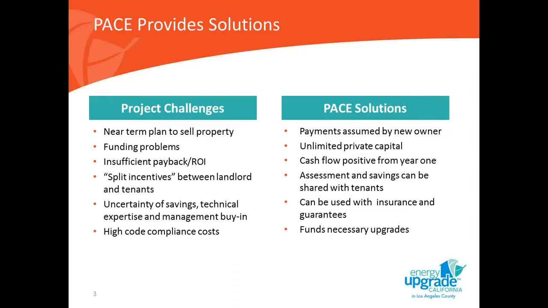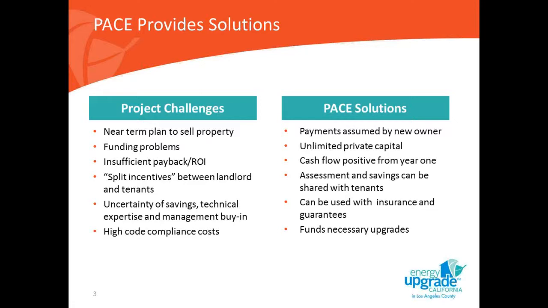With PACE, because the repayment obligation is a tax, generally speaking, in most leases, that tax obligation flows to the same party who would see the energy savings. So in a triple net lease scenario, as with many industrial or retail properties, the tenant is paying the electricity bills, the tenant also pays the tax bill. Therefore, the owner has the ability to fund improvements to the building, the tenant sees the savings, the tenant also repays the cost of the project over time. And if we structure it correctly, again, the tenant in this instance is better off from a cash perspective from day one.